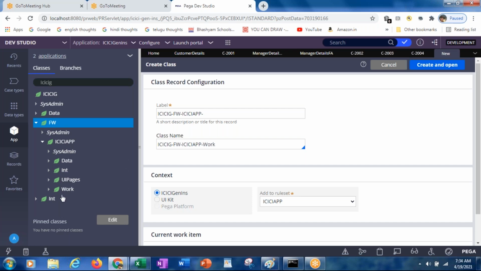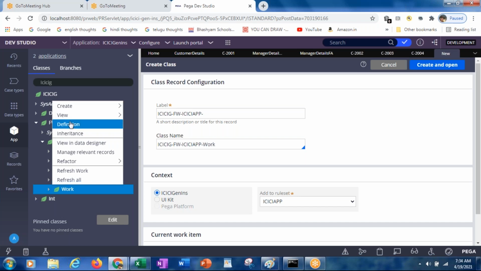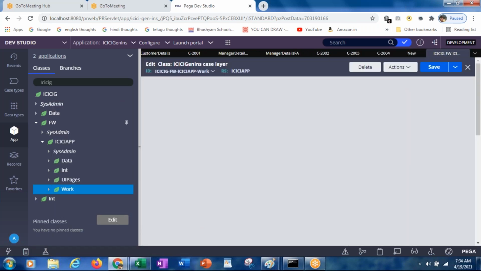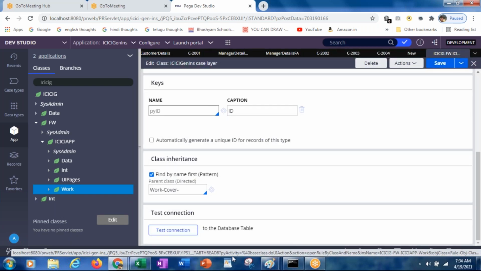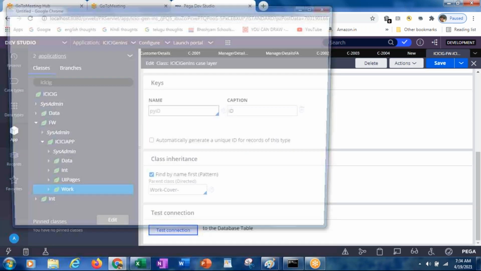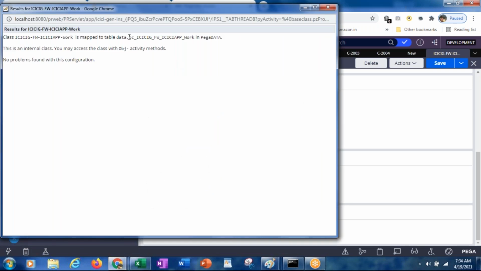I hope you remember the class, the database table which it is referring to, and even when you open this class, if you open the definition of this class, if you select test connectivity, test connection, it is showing the name of the database table which it has created.